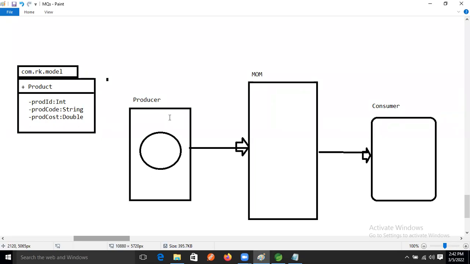Otherwise, how will our application convert this data? There is no way to convert it. We need to write some logic now. So for that purpose, in the real-time project, whenever we write anything related to this,